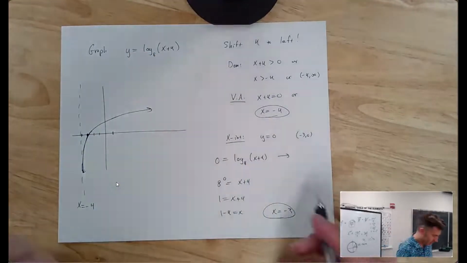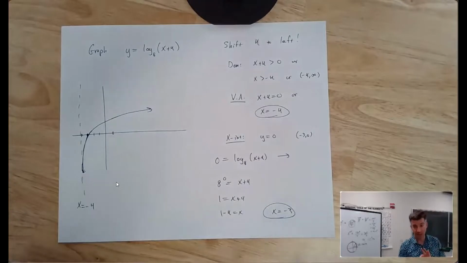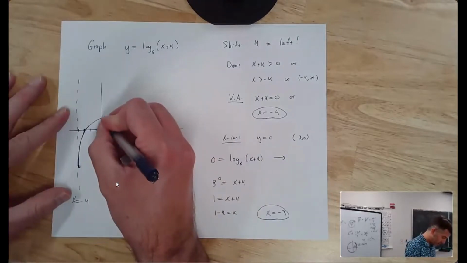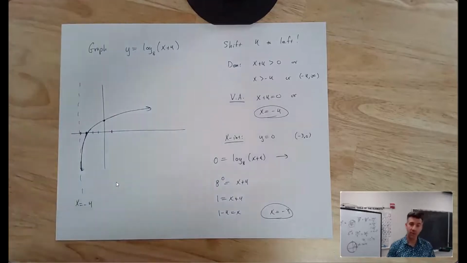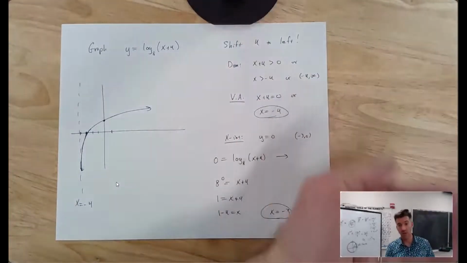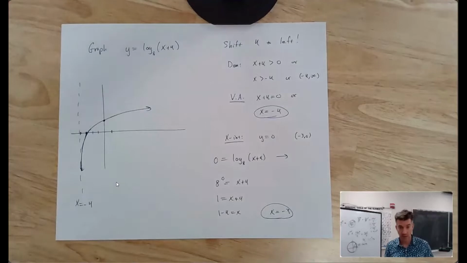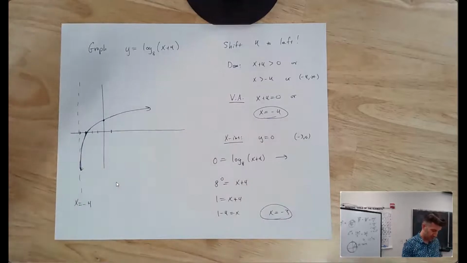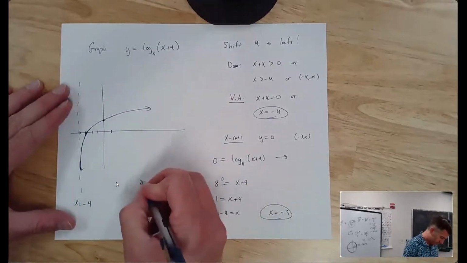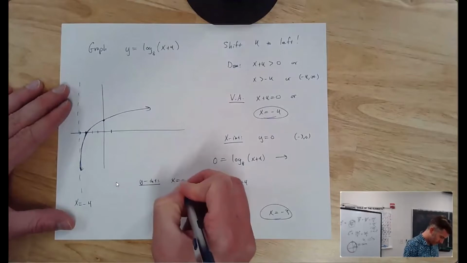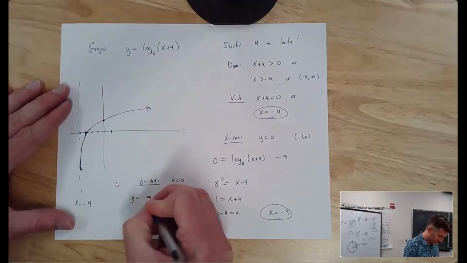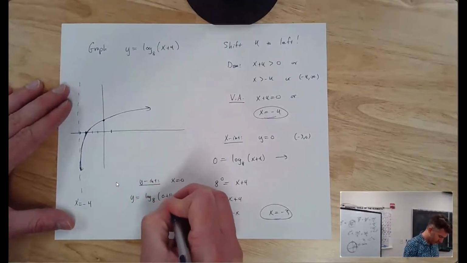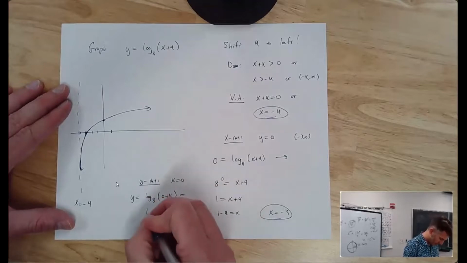That's okay. The thing that we do need, since we have it, is the y-intercept. And I'm just going to make a blanket statement here. Whenever you're graphing a logarithm, if it's shifted to the left, there's going to be a y-intercept. In a similar way, whenever you're graphing an exponential function, if it's shifted down, you're going to get an x-intercept. So to find the y-intercept here, we're going to set x equal to 0. So I'm going to get y equal to log base 8 of 0 plus 4, which is log base 8